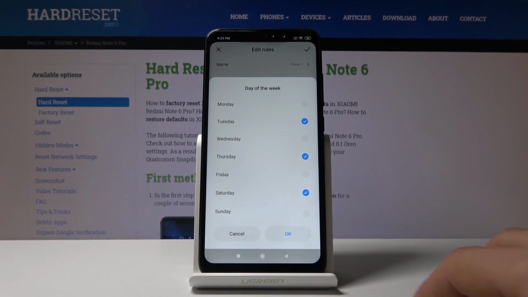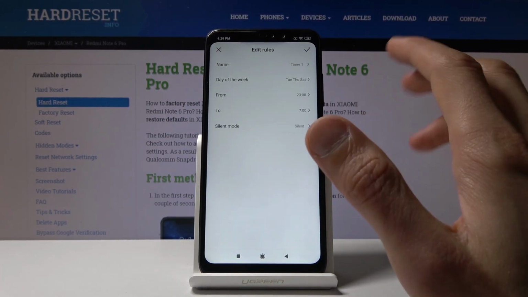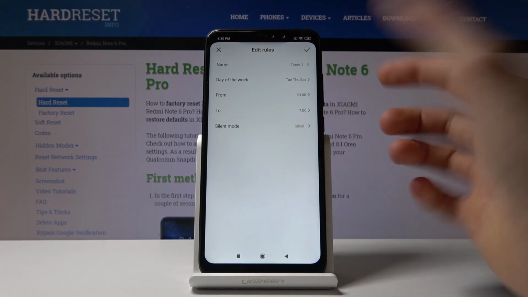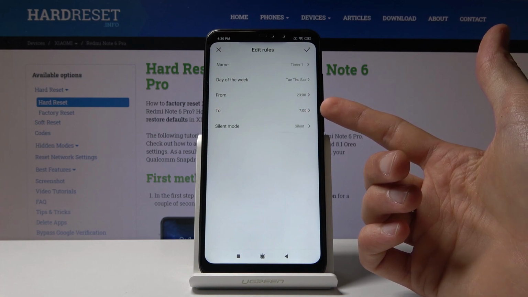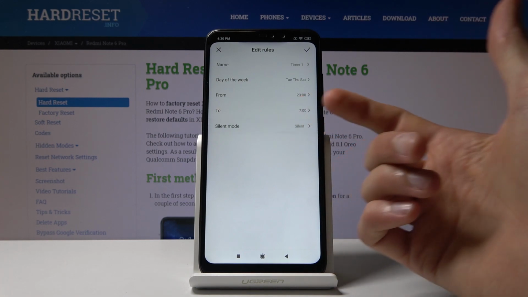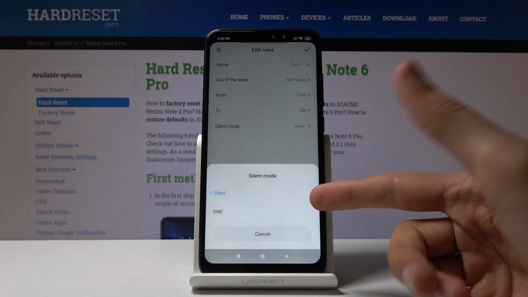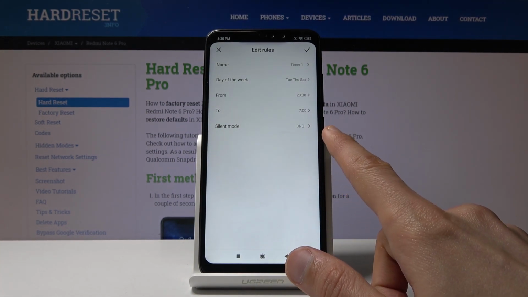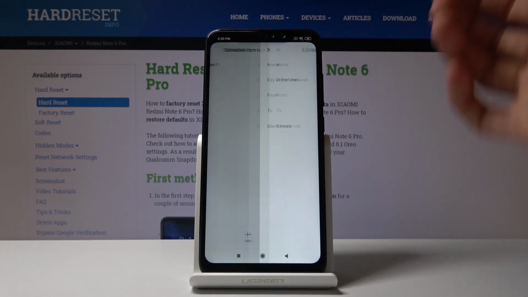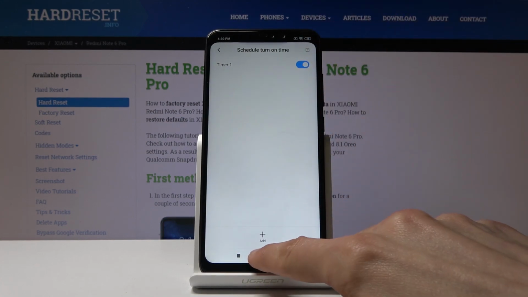And from there you can tap on OK once you chose the days, and then you just have the time from where it starts to when it ends. And here you have silent mode, so you can choose either silent or DND, which I'm gonna go with DND. And once you have set it all up, tap on the check mark, make sure that it's enabled, and now